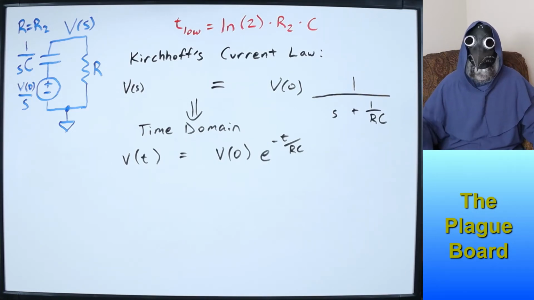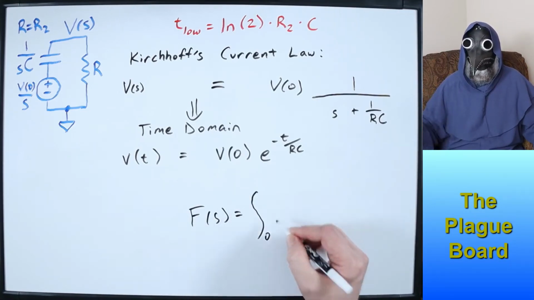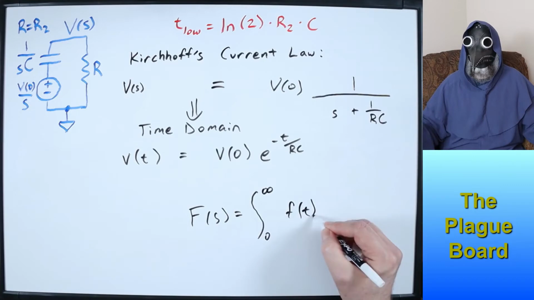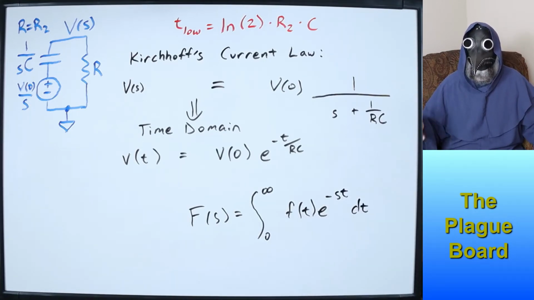Well, I guess I need to explain the e. To convert the equation in the S domain into the time domain, I used the inverse Laplace transform. An easy way to do this is to use a lookup table containing common Laplace transforms. This is a lot easier than calculating a Laplace transform, which, by the way, is f of s equal to the integral from 0 to infinity of f of t times e to the negative st dt, where s is a complex number. In a university course, you will usually first be taught to do this by hand. Then they teach you to use lookup tables.